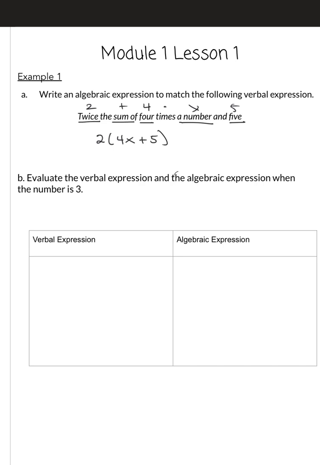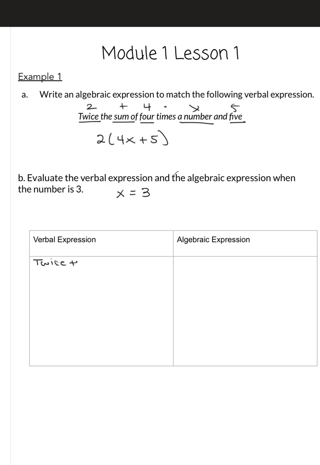All right, so that is simply saying that when the number is 3, so meaning when our unknown, remember we use x to represent the unknown. So when my unknown is 3, what is it going to evaluate to? So when we look at the expression verbally, we have the expression twice the sum